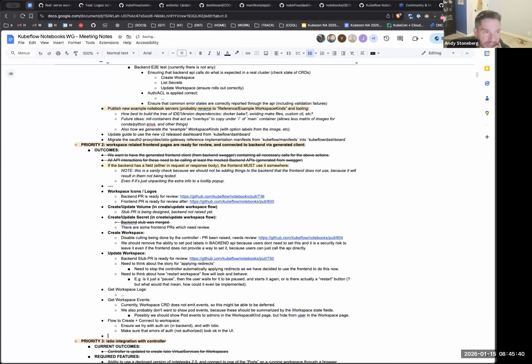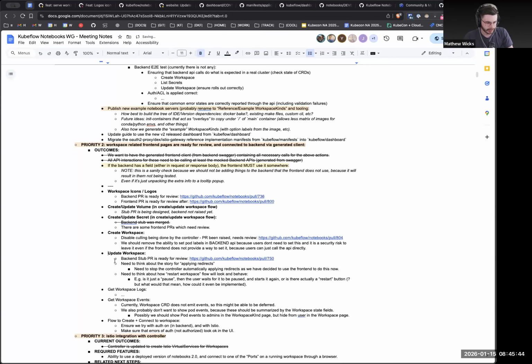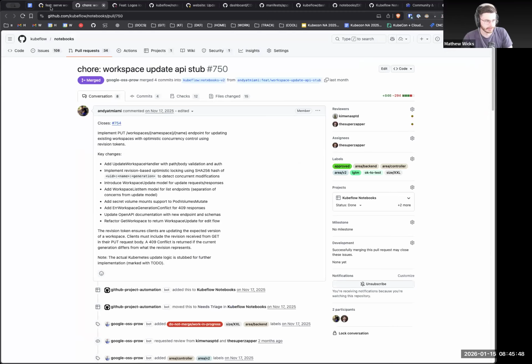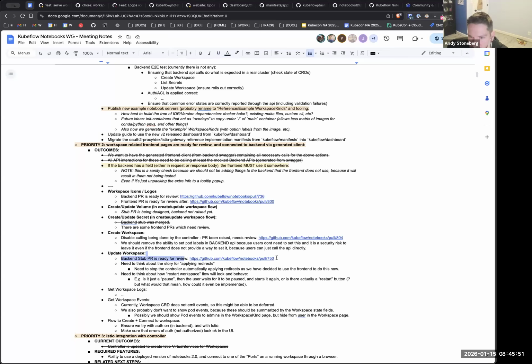So we'll see. By next week, I'll look to reassign that if I still don't. So I guess it is under update. Backend stub, I think that actually was already merged, right? Yes. And then so we do need to